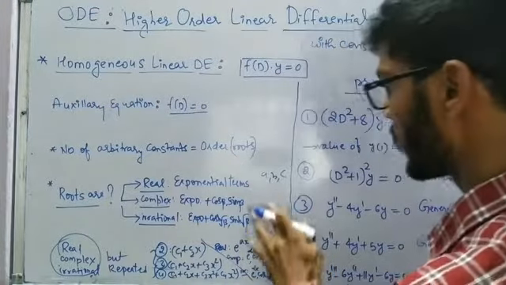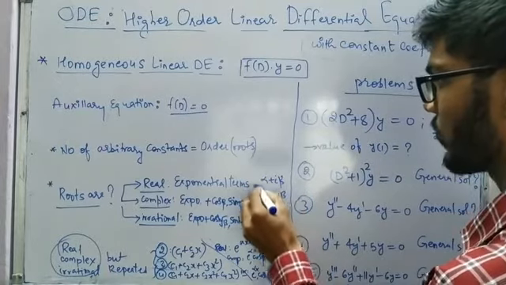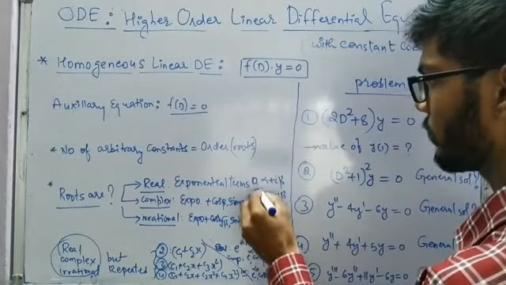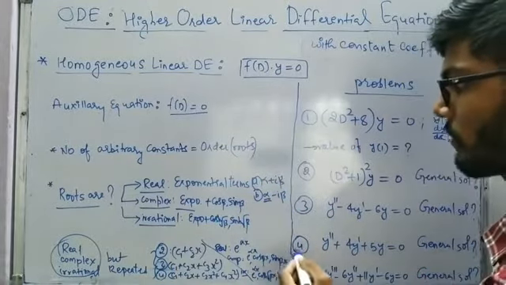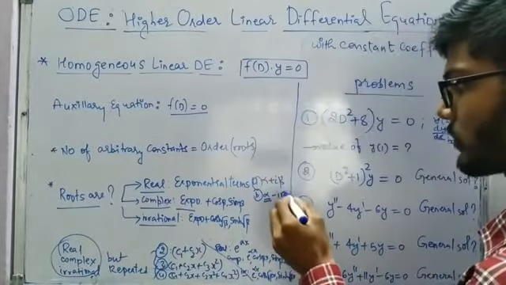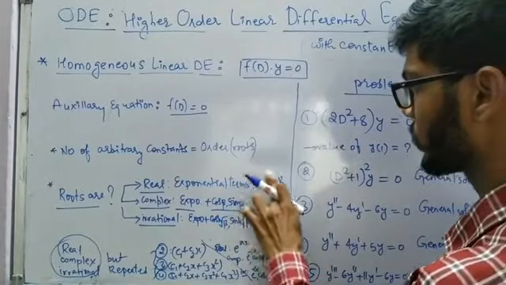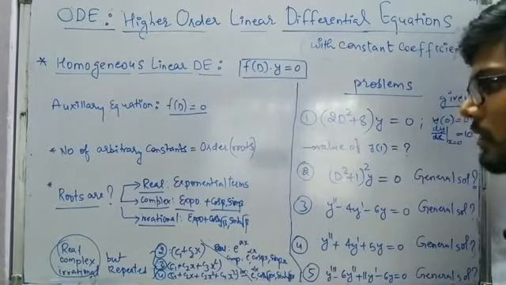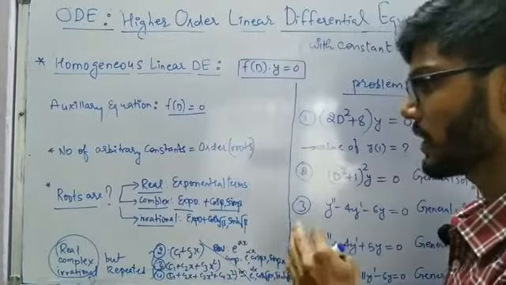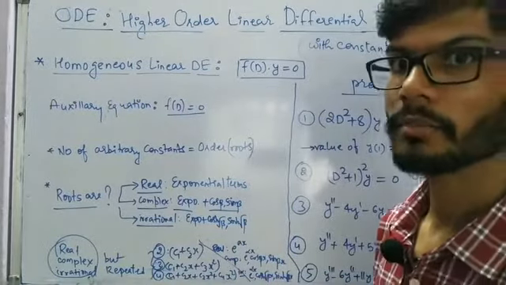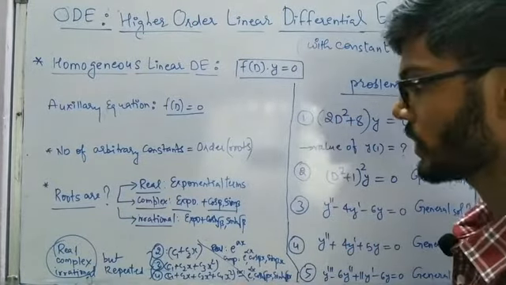And in the case of complex roots, if we have roots like alpha plus i beta and alpha minus i beta, so this is a and this is b. In that case, the real part gives us the exponential term e power alpha x, and the imaginary part beta gives us the trigonometric terms cos beta x and sin beta x. So we wrote the solution as e power alpha x, and inside, c1 cos beta x plus c2 sin beta x. Two roots are there, so we are going to get the arbitrary constants c1 and c2, 2 in number.